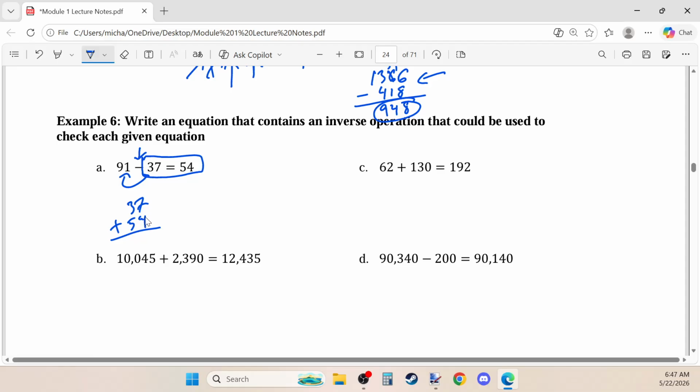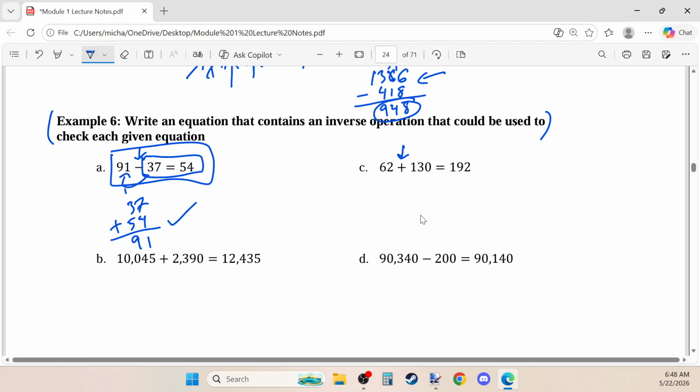And if we do it right, if this is a correct statement, then we check: 7 plus 4 is 11, carry a 1, 1 plus 3 is 4, 4 plus 5 is 9, and yes, this is a true statement. It doesn't actually say that we have to check, it says, how could we check? So